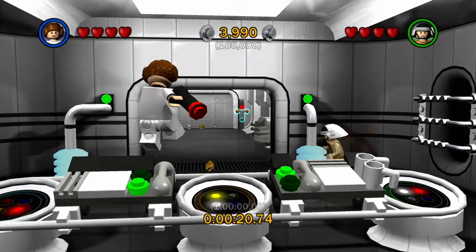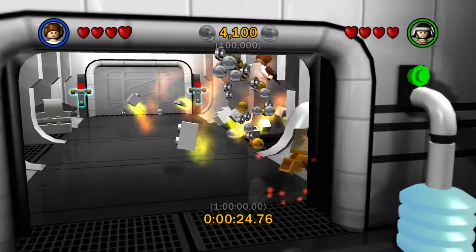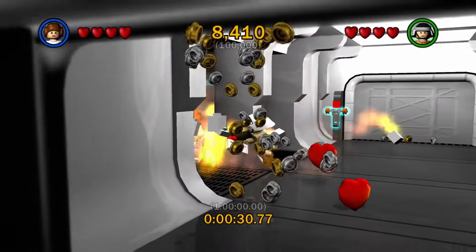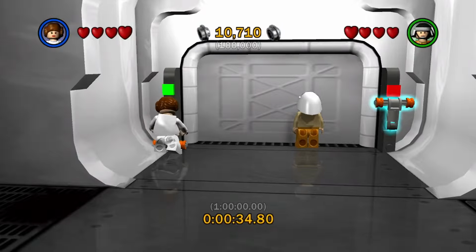LEGO Star Wars 2, the original trilogy, is largely the game you'd expect it to be. Built on a slightly refined and polished version of the first game's engine, the original trilogy covers the movies in the original trilogy, A New Hope, The Empire Strikes Back, and Return of the Jedi. Having found great success with the first title, it was a shoo-in to happen, and given its 2006 release, saw